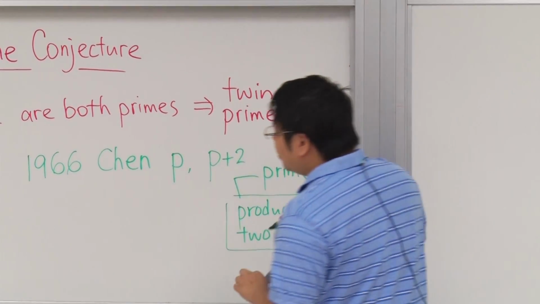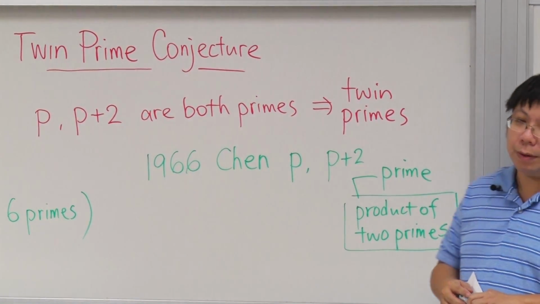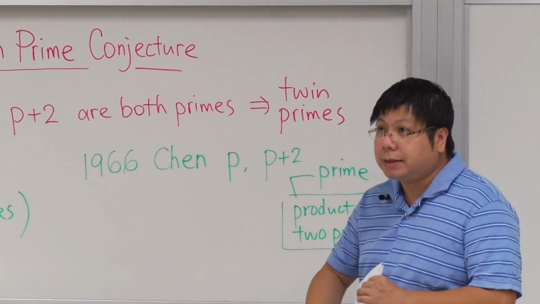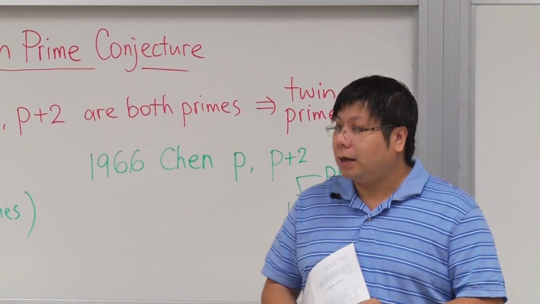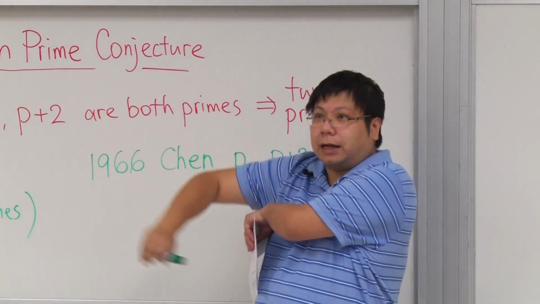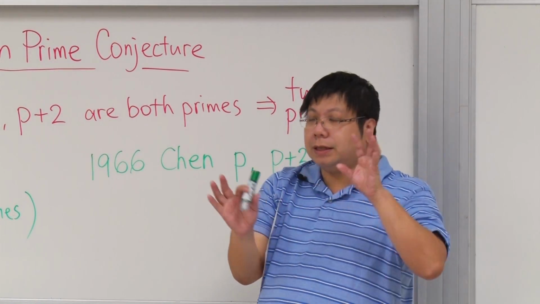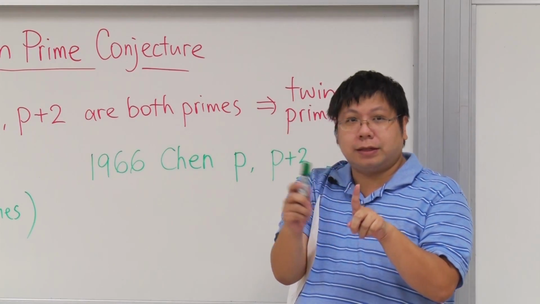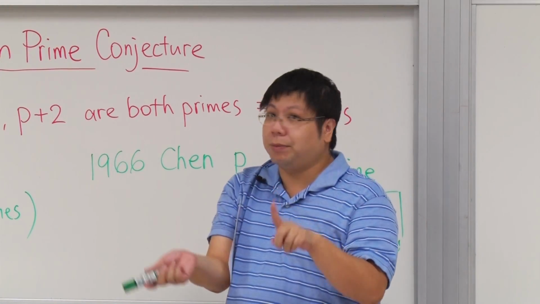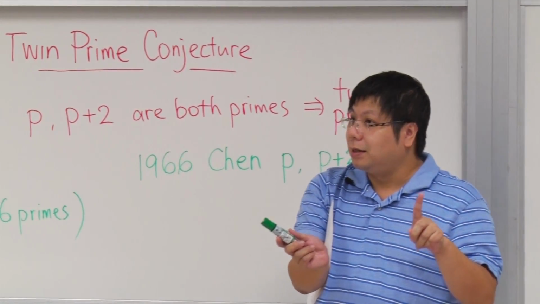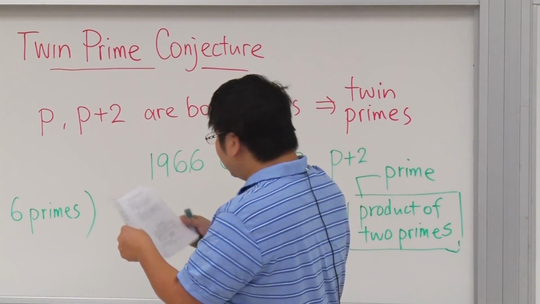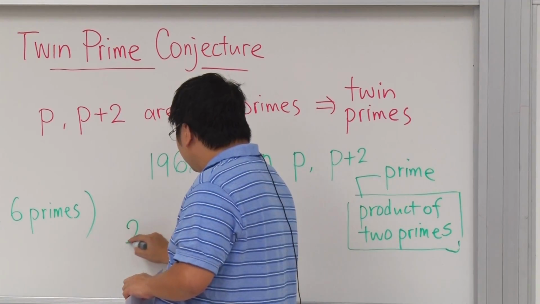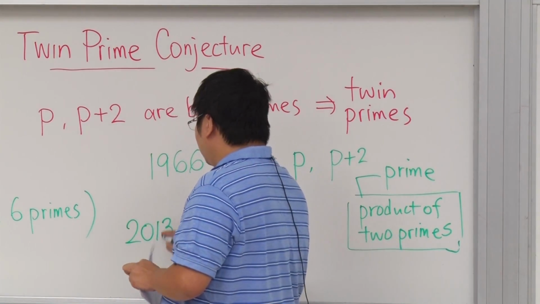So here you may think of the twin prime conjecture as being about the distance between two consecutive primes. The conjecture says that there will be infinitely many primes such that within distance 2 you can find another prime. Now if you think about this as a distance concept, then there is a very, very new result